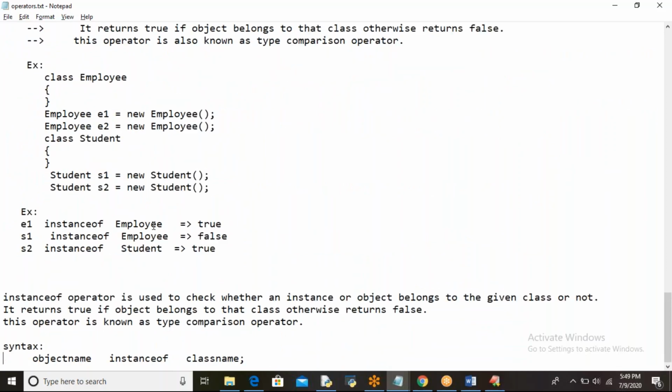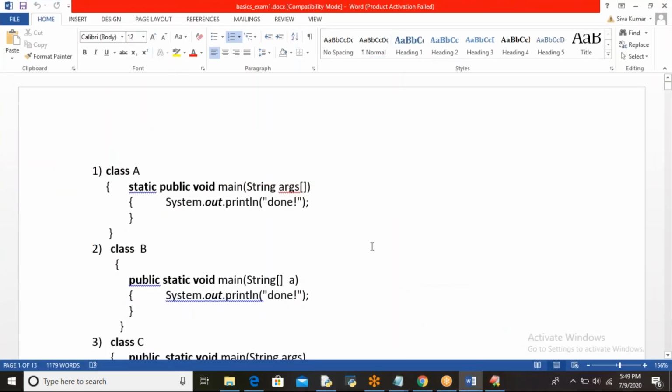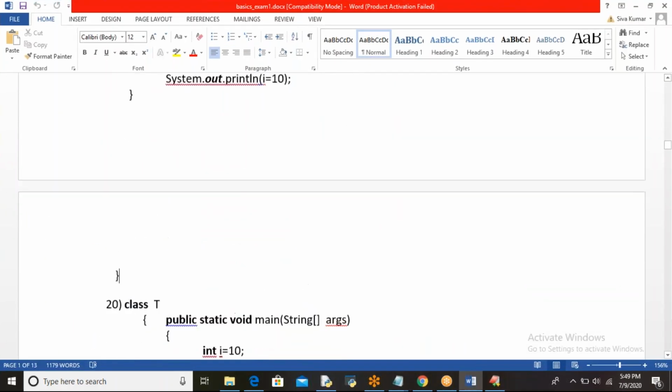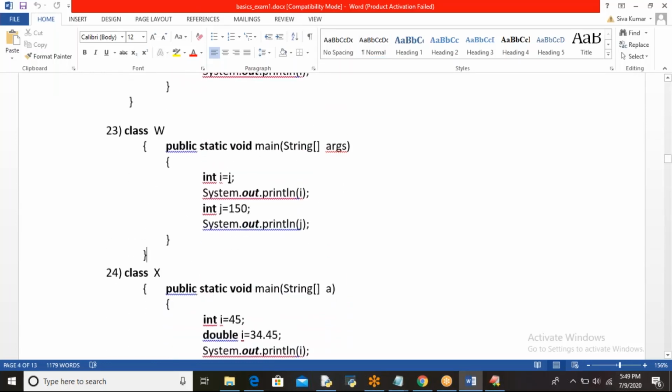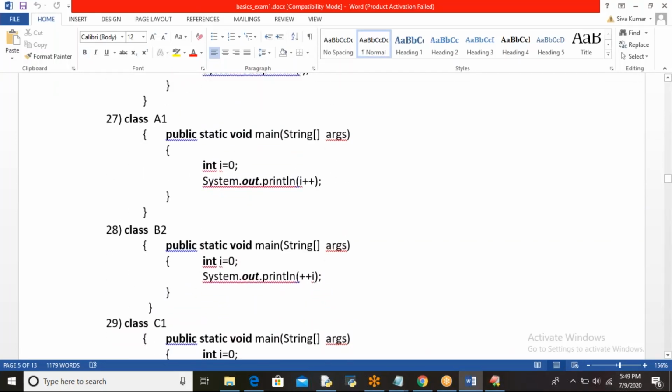So this is about the operators, and we have already seen all these programs yesterday in class. So here, what is the output? You will get I0, because it is a postfix increment operator. I0 is printed, internally it is incremented by 1, but here it is prefix, right? The incremented value is printed first. That means 1 is the output for this program.